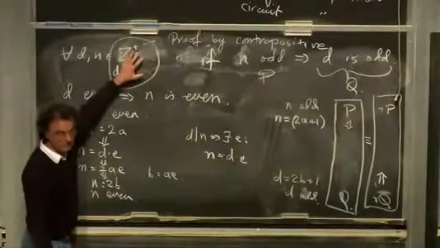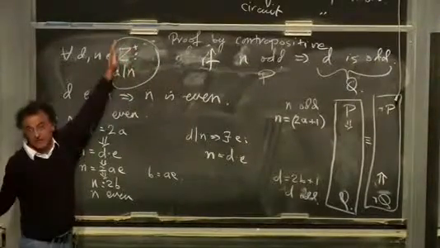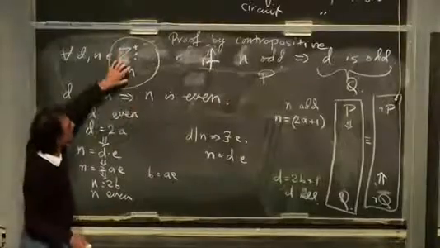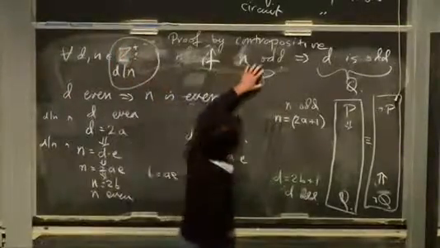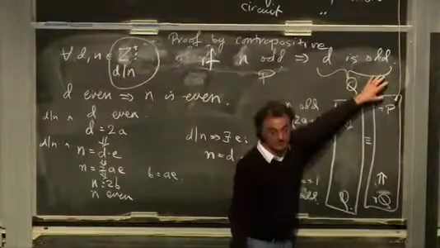These are the only numbers we are considering. It's an infinitely large universe. It's all those D and N where D divides N. For those, we are saying whenever N is odd, D is odd. Okay? So now,